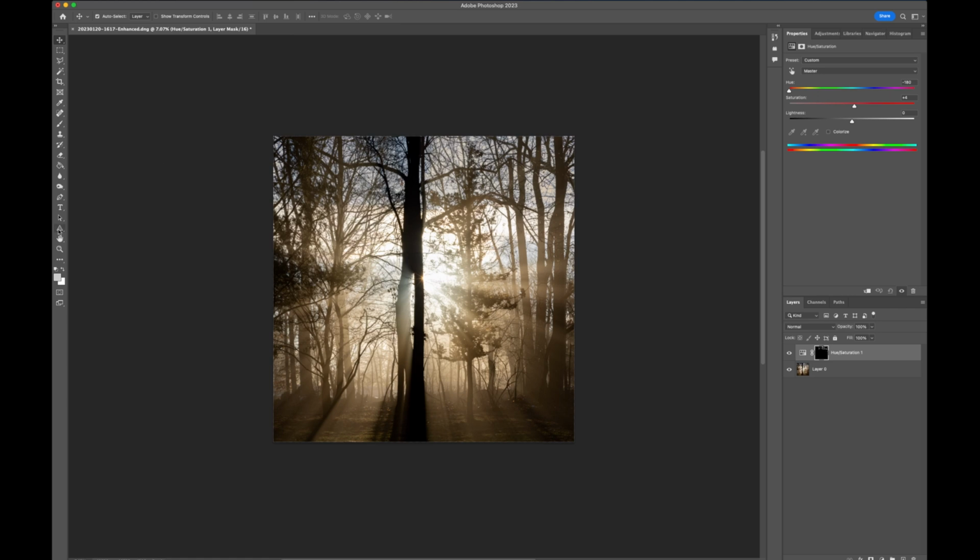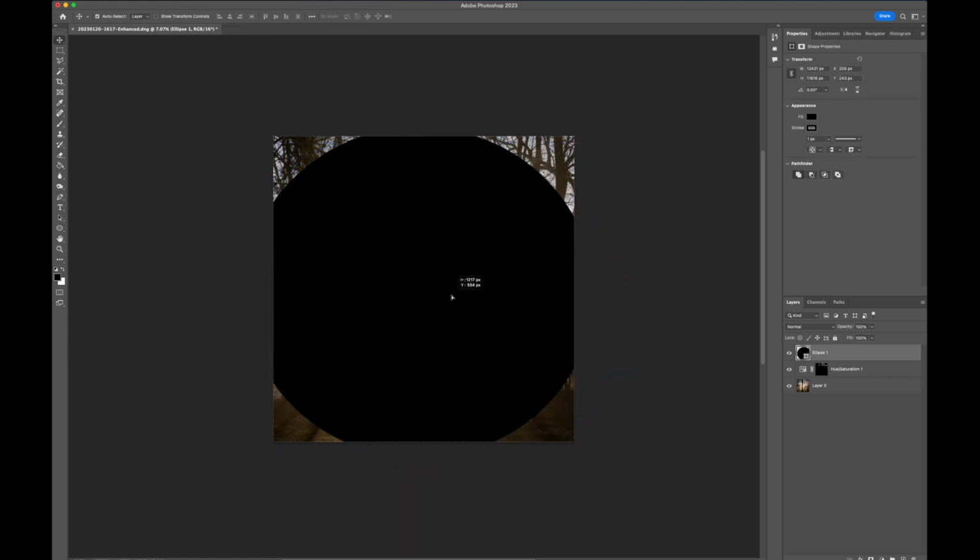So I usually come down here to the shape tool. We're going to keep the ellipse tool selected here, and basically all we're going to do is draw a big circle around this here. Once we've gotten this drawn, you'll notice that it's kind of blocking out the whole image, because now we've got a big black ellipse on this, or circle in this case.